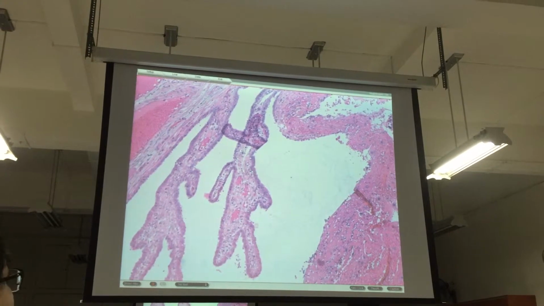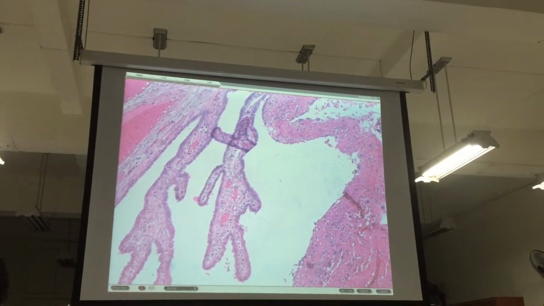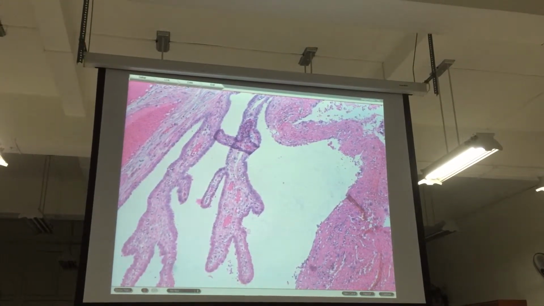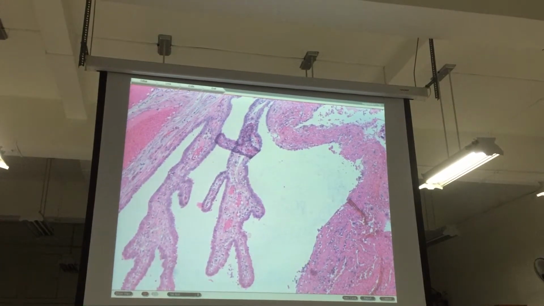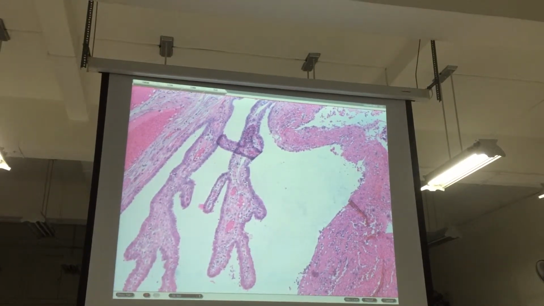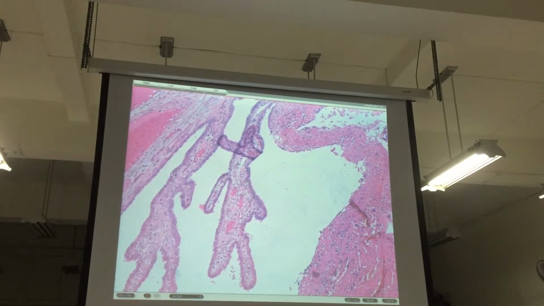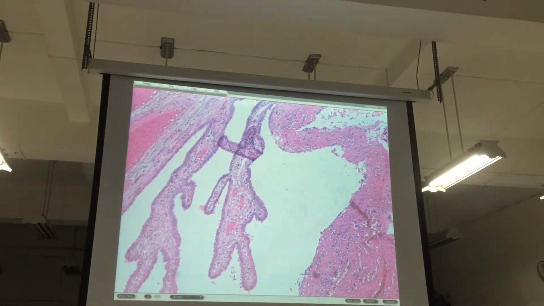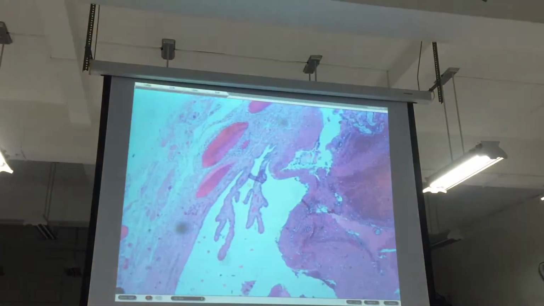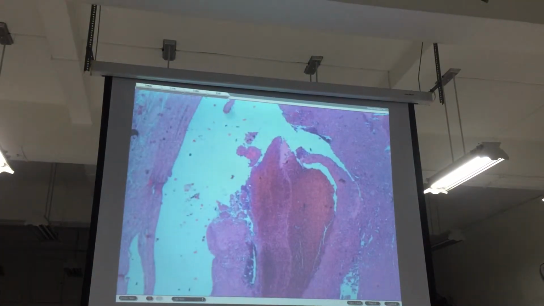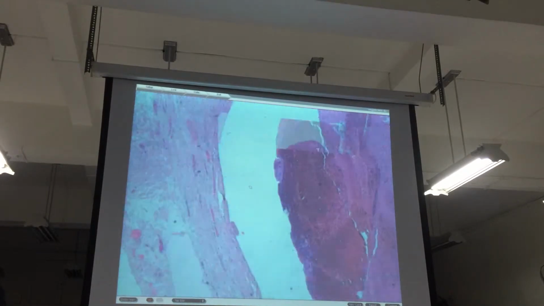Villi, okay. Actually, this is a shortened or stunted mucosal plicae of your fallopian tube. Okay, it's shortened. Why? Because if you look around, you'll notice that this is actually the entire